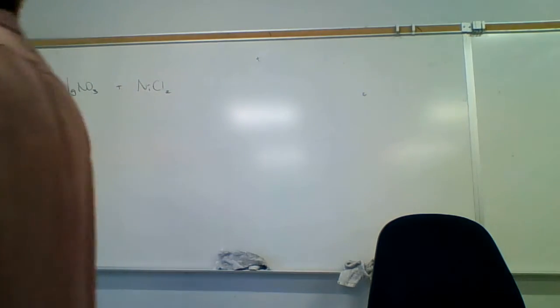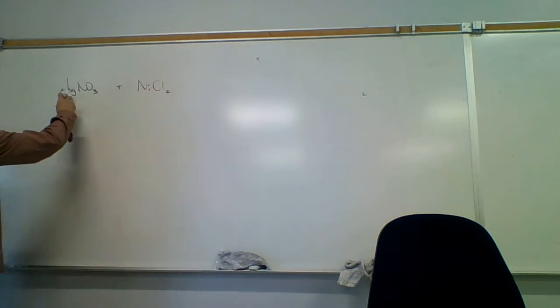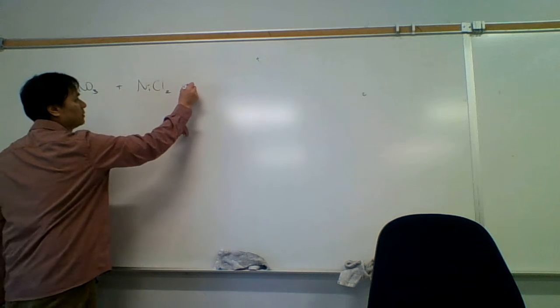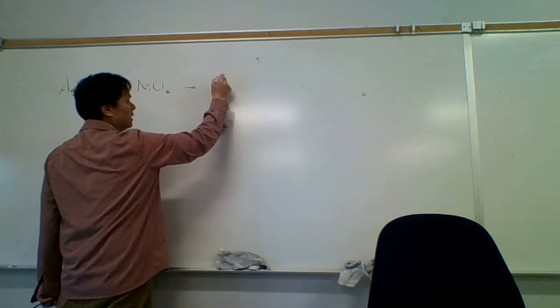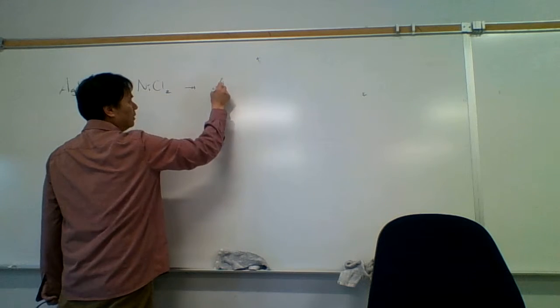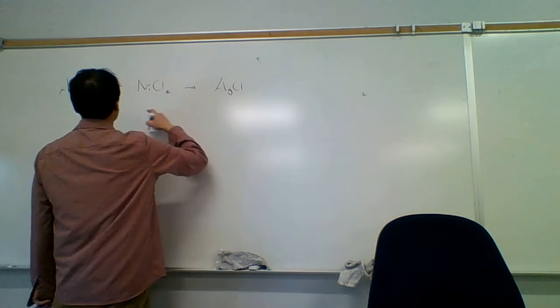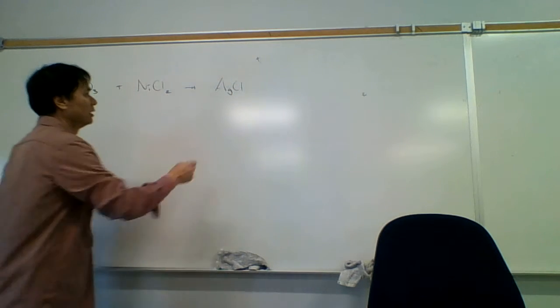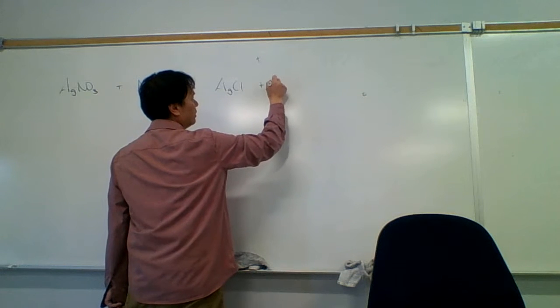Yeah, this is just a double replacement reaction. So what we're going to do is we're going to form silver chloride. Formula for silver chloride, AgCl, and nickel 2 nitrate. Formula for nickel 2 nitrate,